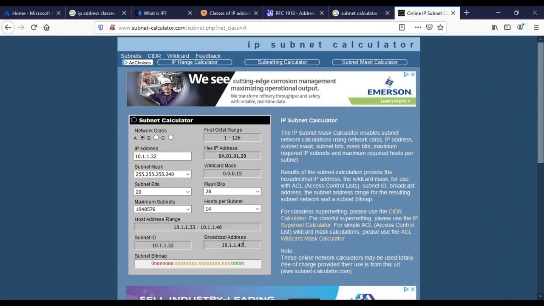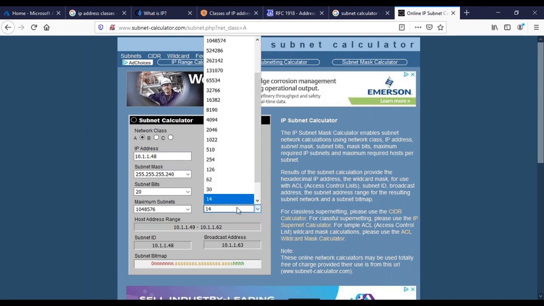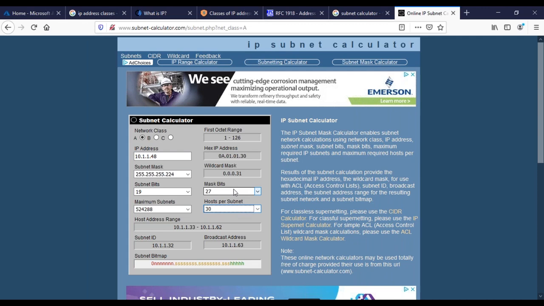For the 40 IP addresses, again, this is exiting at 48, right? I'm going to say 48. So if I give 48, I should get however many hosts I require. If I give 30, I'll get from 49, but no, I'm giving 30. So it's not accepting. Check it out. I can't get it, because I can't use the subnet basically.